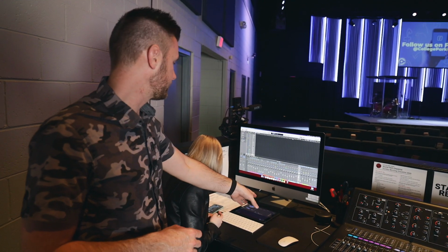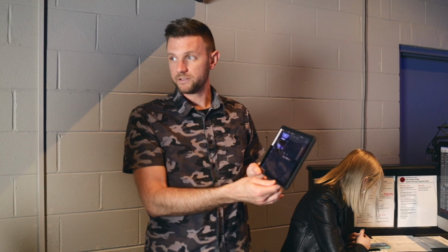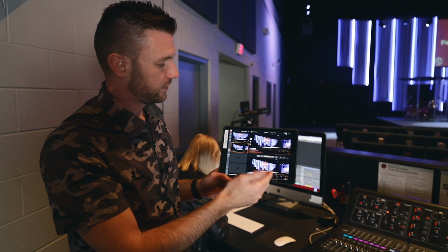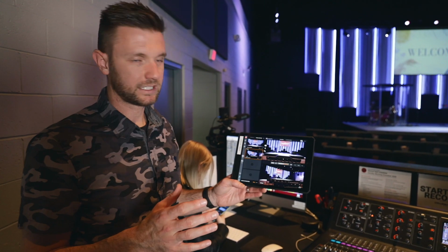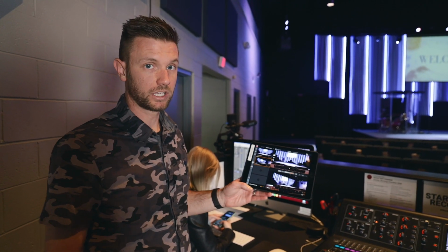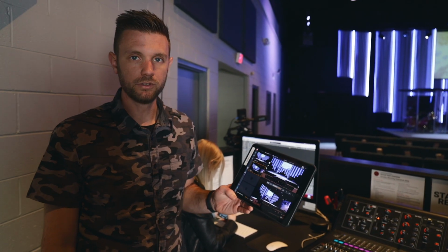And so we have the Sling Studio iPad over here already connected. Sling Studio is pretty cool because you can have your camera feeds. Right now we only have 2 cameras on. You can preview your camera feed, and then you can see which one's going live. It's a very simple, relatively inexpensive live streaming system. It can be sent to just about anywhere you want to go live. Right now we have it going via RTMP to Restream, and then that takes it out to both YouTube and